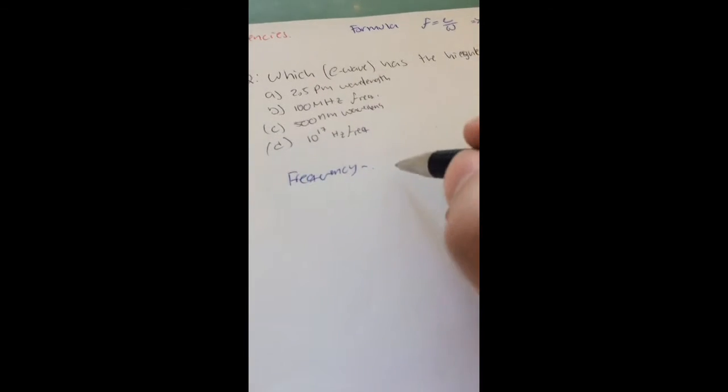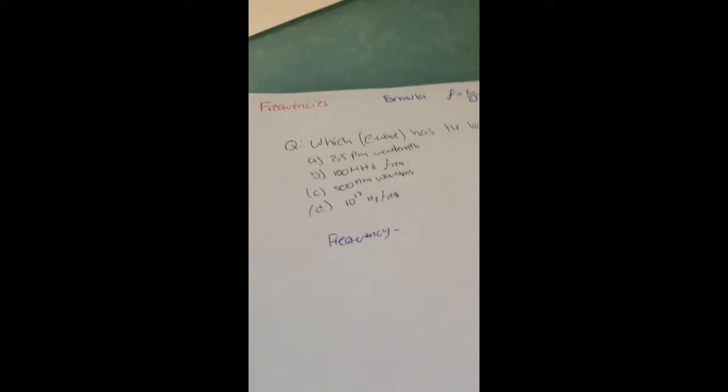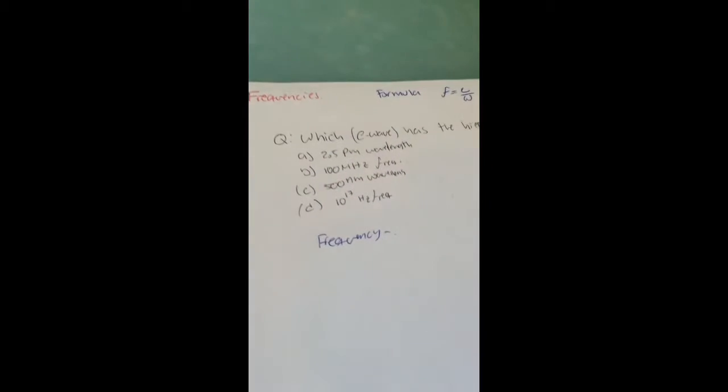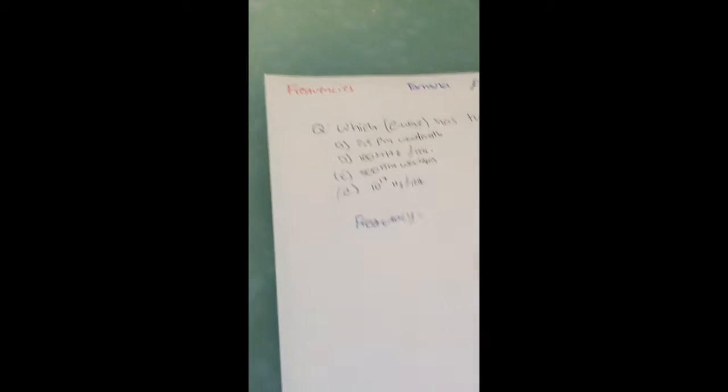Well, frequency is just how frequent something happens, how often something happens. So when the question asks you about frequency, you're trying to figure out how often something happens. So what is that something? And the best way to explain this equation right here, the frequency equals the speed of light over the wavelength, is